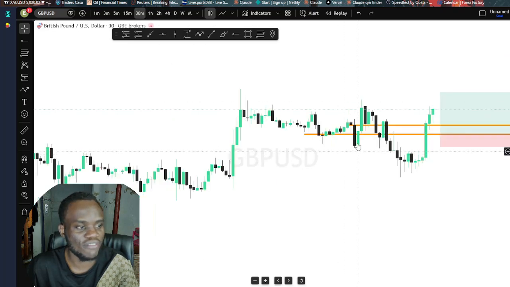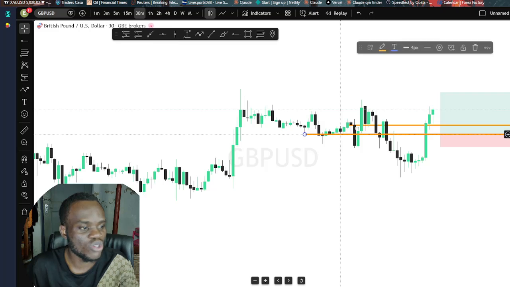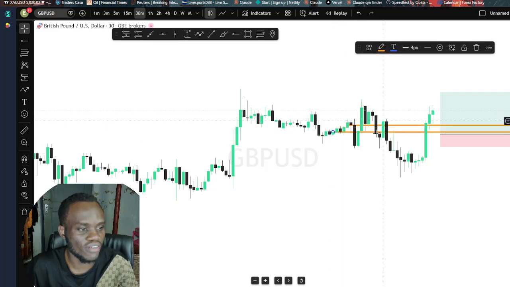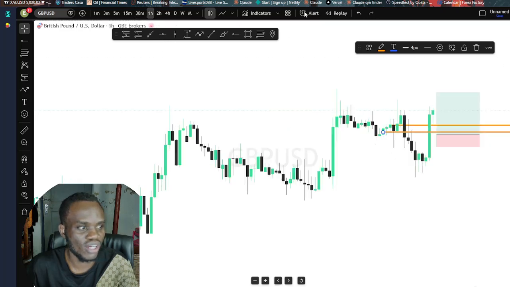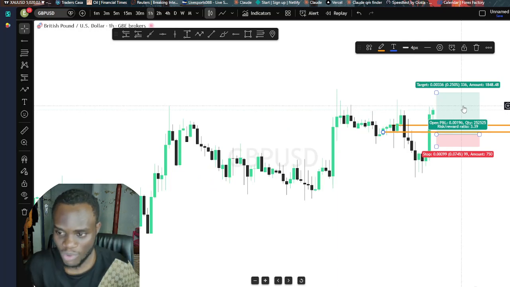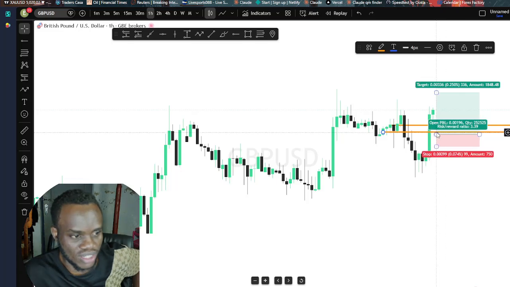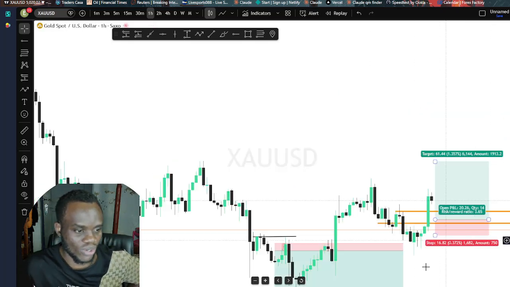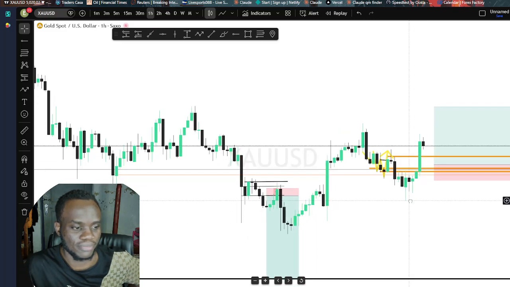I had to consider the other failed zone here. I used the failed zone and what initially fell into the 1 hour zone, yeah. So I had to put entries on both zones, yeah, which made me recover the losses and give even more profits, yeah. So that was the GU, and gold, that was it. So thank you guys. And on gold here, I'm anticipating a retracement either to this zone,